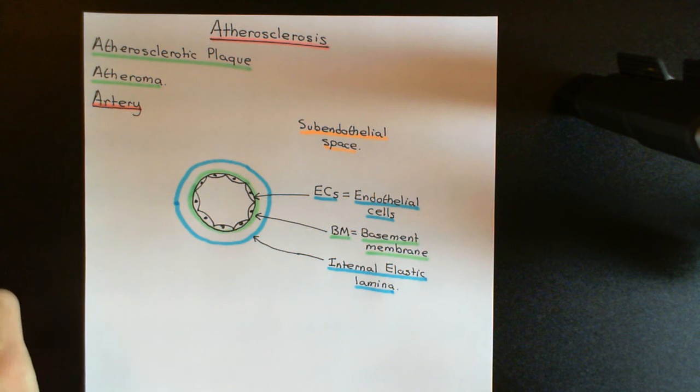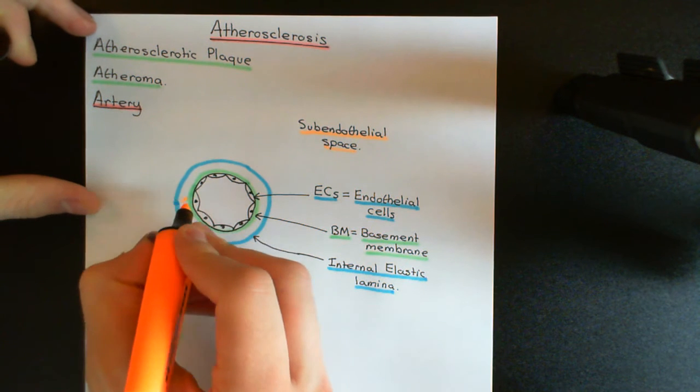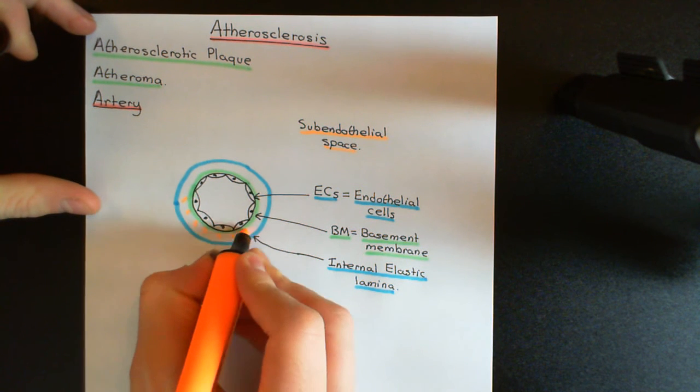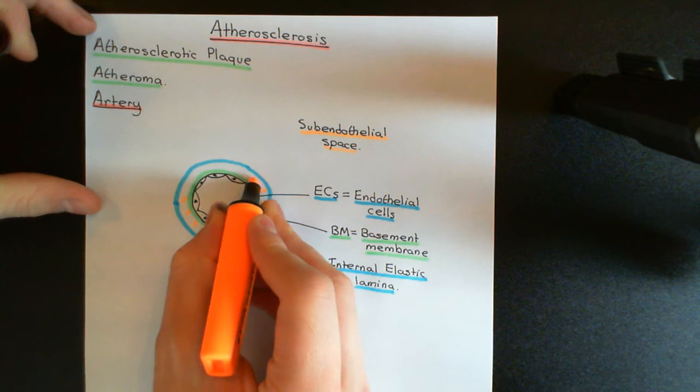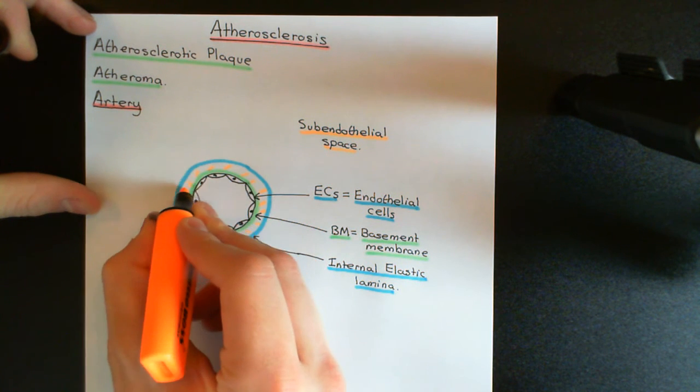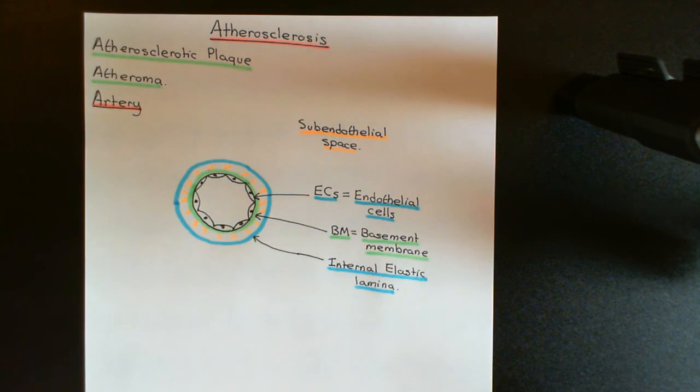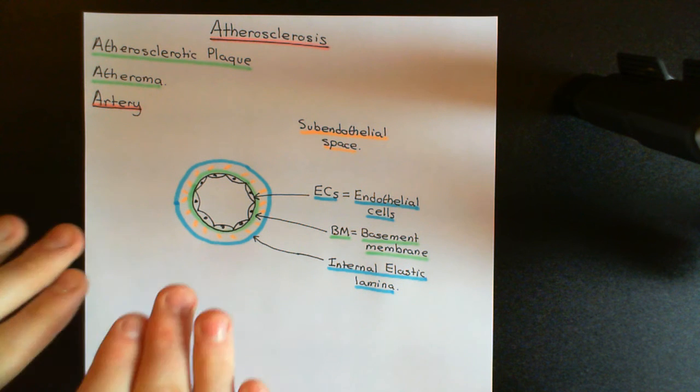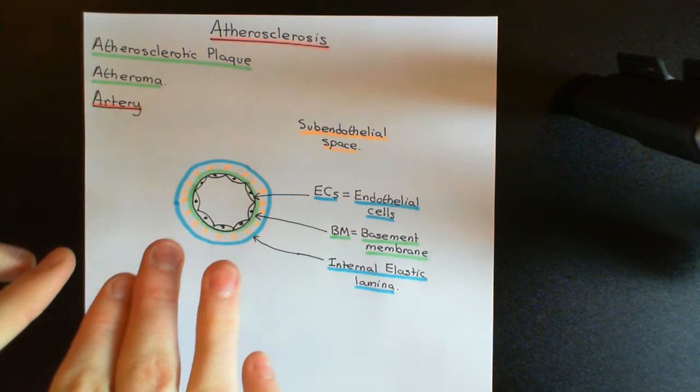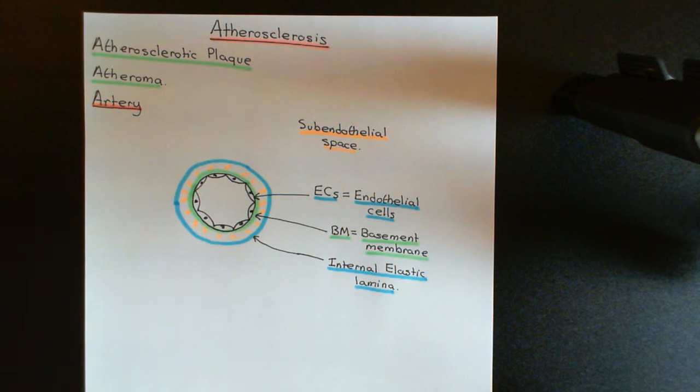Why have I put the internal elastic lamina on before showing the subendothelial space? Because now it's easier to show it: the subendothelial space is all of the structure in between the basement membrane and the internal elastic lamina. All of this is connective tissue with fibroblasts within it, and that's the layer in which an atherosclerotic plaque is going to form. Initially I'm just drawing a lovely healthy blood vessel, so there's no plaque here yet,